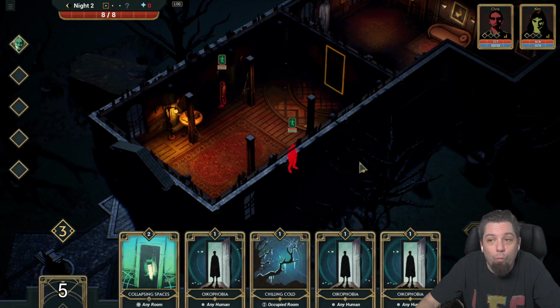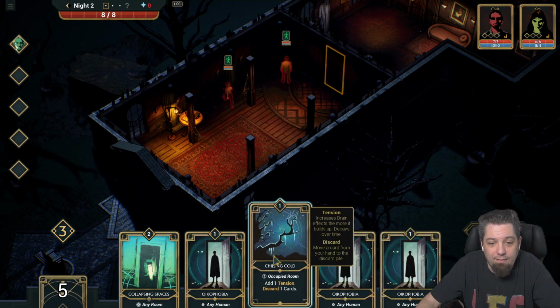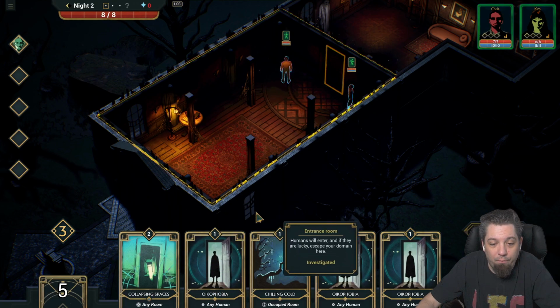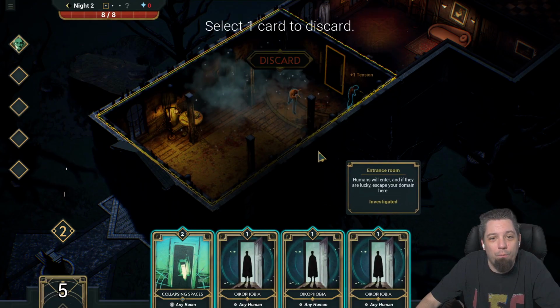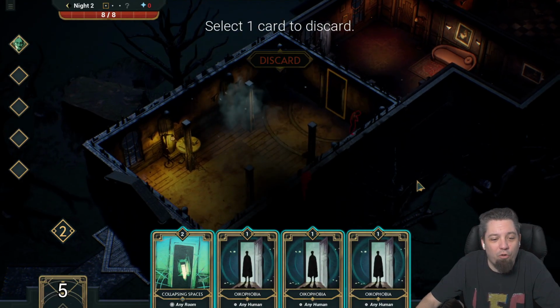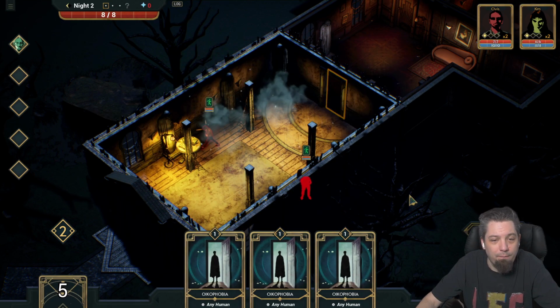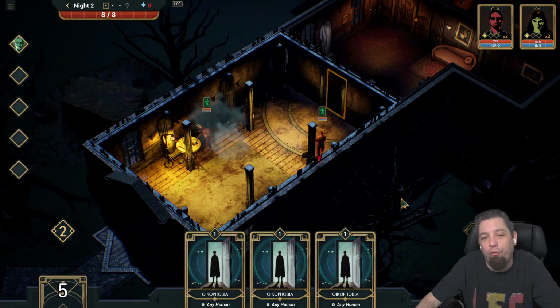Alright, so we have 2 people now. We got Chris, we got Kim. So I have add tension to the room, but I discard a card. I'm good with this. So we're going to add tension to this room. So they're getting pissed off at each other, and I'm going to get rid of collapsing spaces, because I don't need that. I then have 2 more to go. I think we focus on